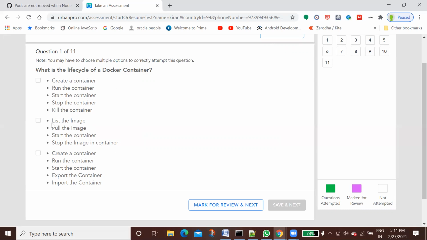Second option: there is no way to stop the image in the container. Once the container starts, you can only stop the container, not the image. So the first option is correct.